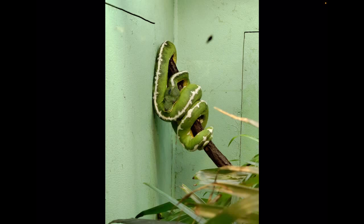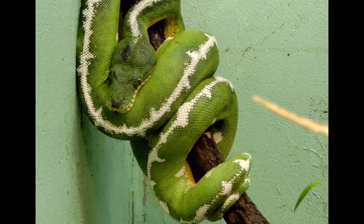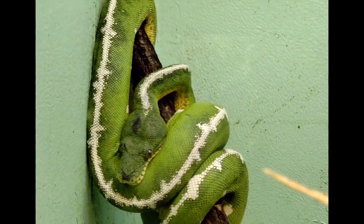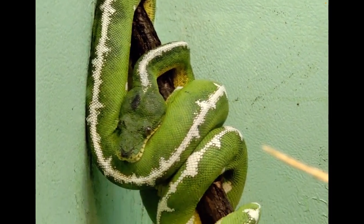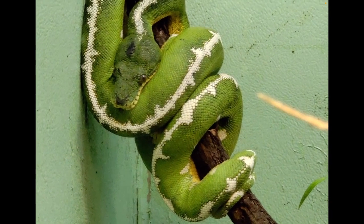It looks like that it's Wednesday when I do the toes. I don't know what that is. I love that trail of white down his spine. I don't think saying spine is accurate, but...